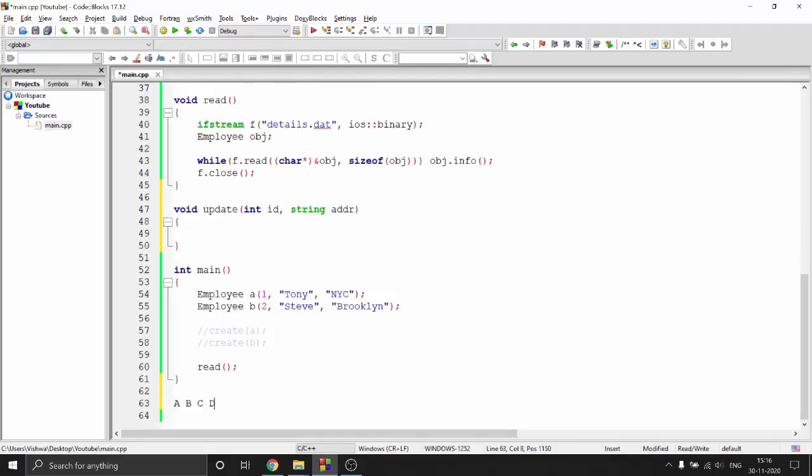You have A, B, C, D, E, 5 records in a line, as I told you. What I'll do is first read A, check it, it's not the thing I want to update. Check B, it's not the thing I want to update. Let's say I want to update C, I'll read C, I'll check it, it's the thing I want to update. I'll go back, update C with the new record. So C becomes F, and then break out of the loop or even go ahead.